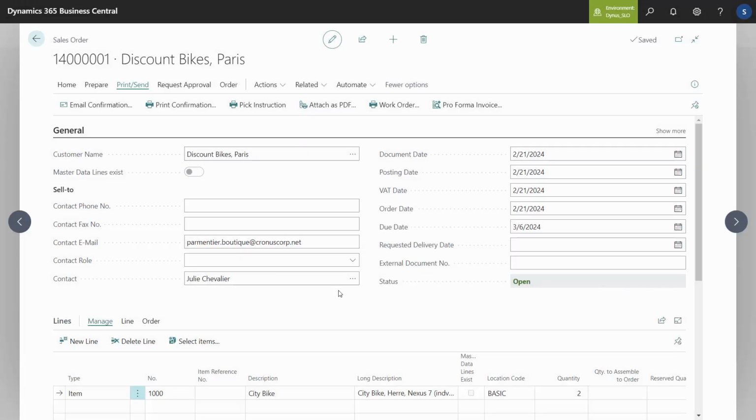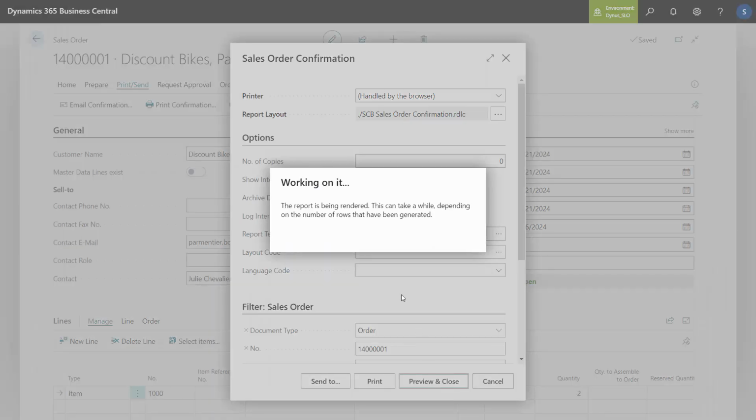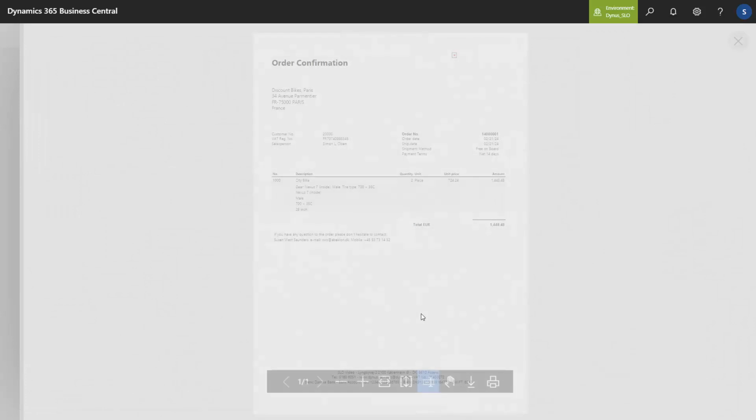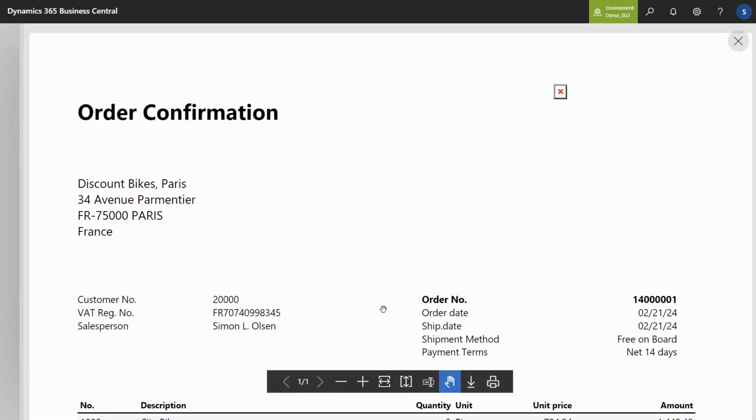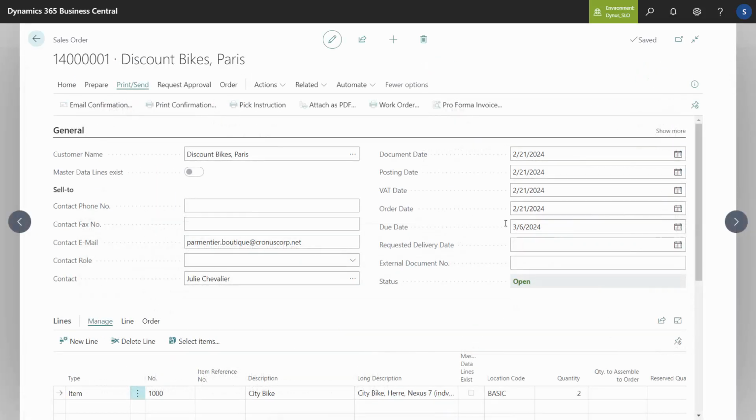And let me just show you shortly how it works. If you have Document Customizer, we had the information on the line and the header. If I print my confirmation, and this is set up with the Document Customizer report from that app, it automatically takes the information from the sales line, including whatever you modified, and the sales header, and it's the same on the posted document and on the purchase side, of course.